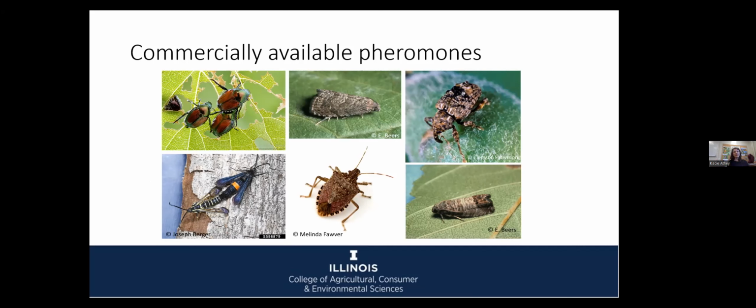So I just wanted to point out that you have things like Japanese beetles, oriental fruit moth, plum curculio, codling moth, brown marmorated stink bugs, which is actually an aggregation pheromone, and then peach tree borers, which are all things that orchard producers have to worry about. And of course, like I said, there's a bunch of other lures available as well.